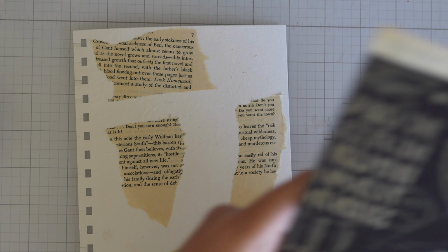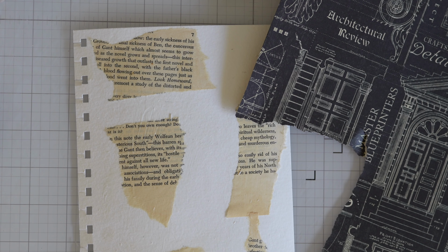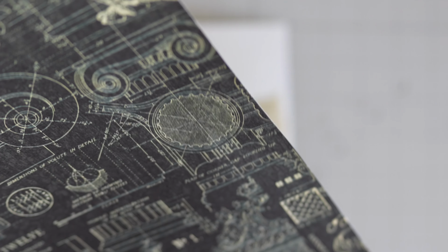On this paper, there's a really cool door. I'm going to cut this out rather than rip it up. So I'm going to cut it out and glue it on. And on the other side, there's a fantastic random alphabet in a gorgeous vintage typography layout, which I'm going to utilize because our mini monthly challenge for